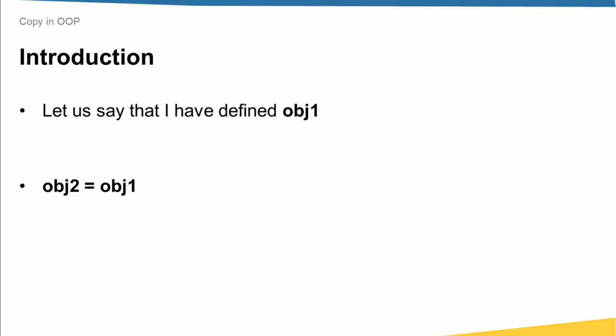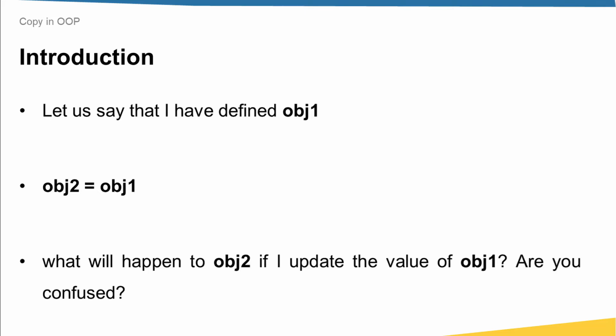Before I start, let me ask you a question. Let me assume that I have defined an object from a class and its name is object1. After that, I define another variable object2 and I assign the first object to object2. Now, what will happen to object2 if I update the value of object1? Are you confused? If you are unsure about the value of object2 after I have updated object1, join me